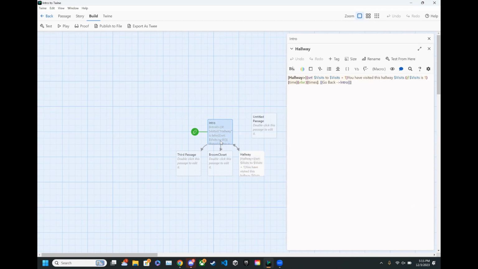And for this passage, we use the variable visits. Whenever we visit the hallway, it will set visits equal to visits plus 1, and then it will display those visits in the hallway. But one thing that can be messed up with this is when you go back to intro, as if